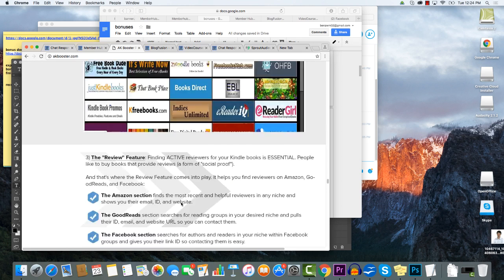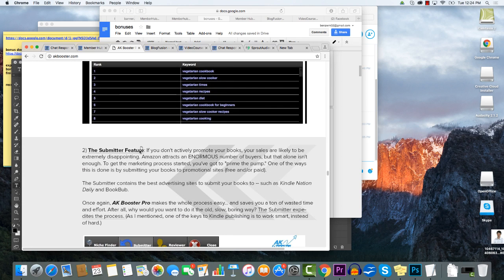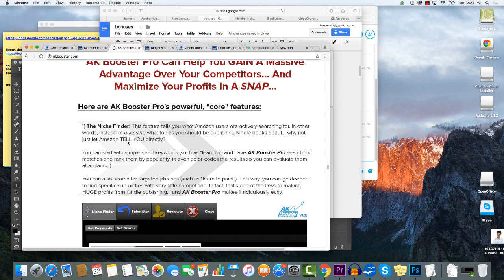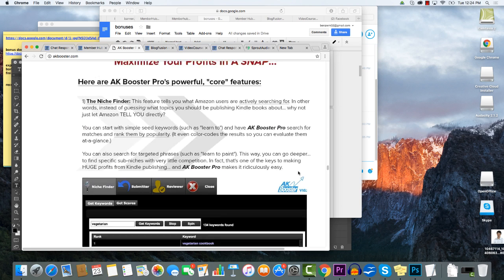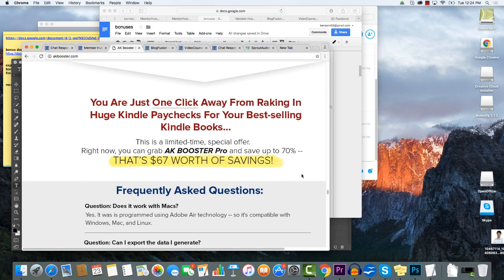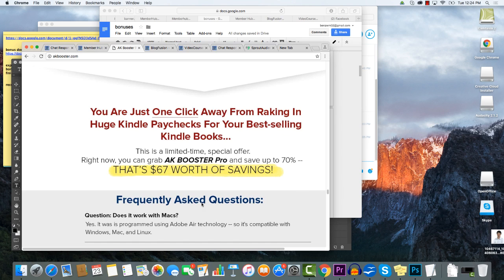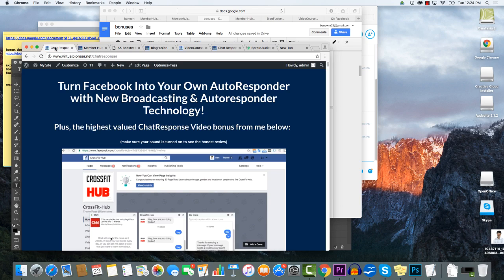So if we go through here, you can see that now it's starting to talk about the different benefits. Usually it'll say something like, here are the AK booster's powerful core features, or something about features. Then you want to take a screenshot from here until it stops talking about those main features, and it goes to another section like frequently asked questions, or talking about where you're buying it. And then